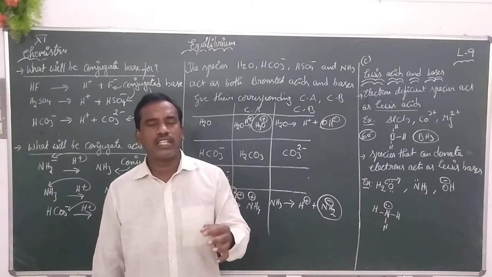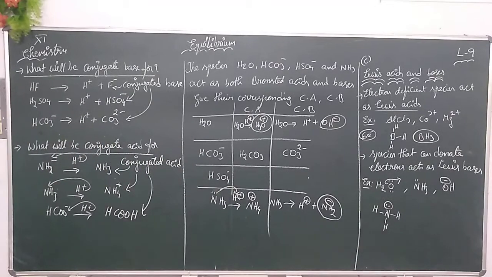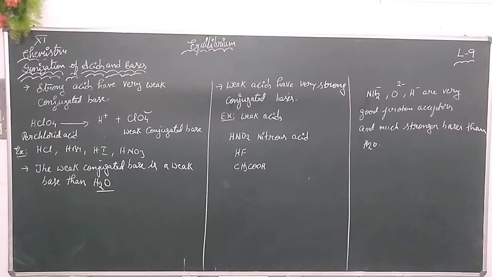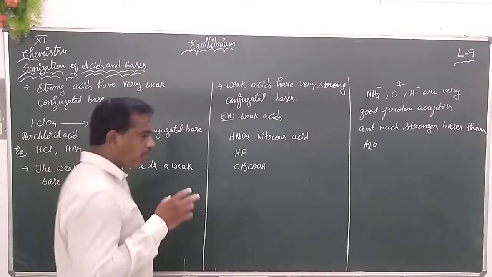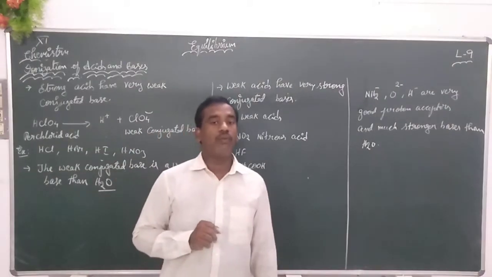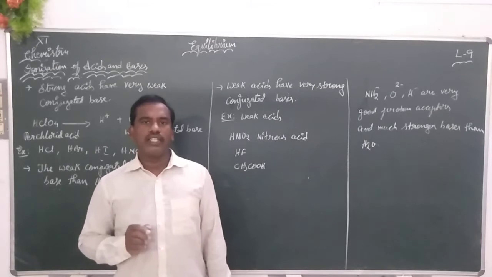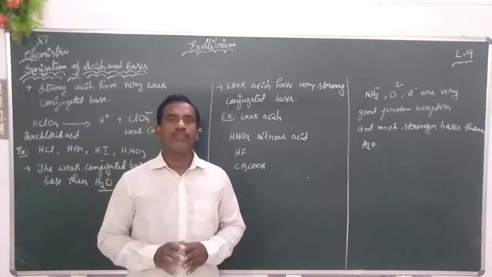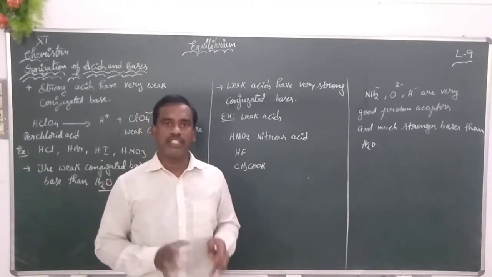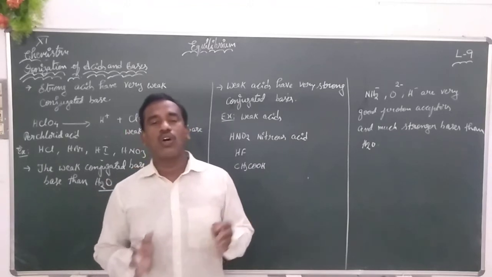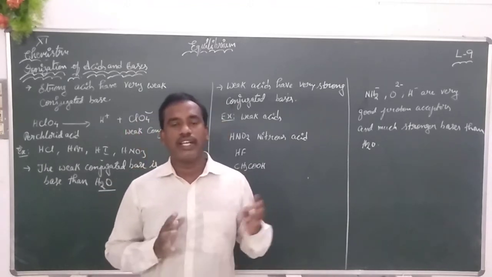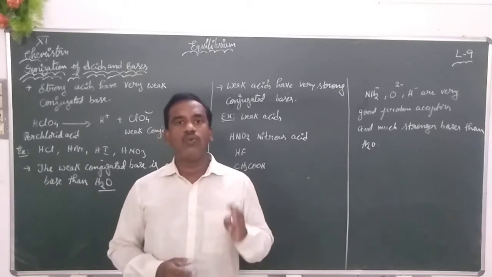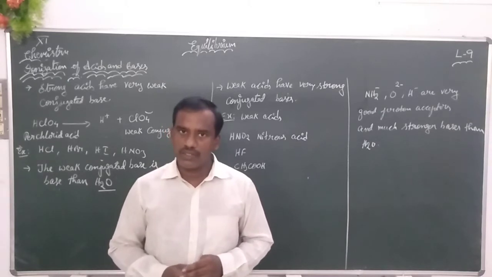Now we are switching to the next level of the concept. Please write down this topic, student. Yes, we are continuing our concept here. What is the nature of water? We want the concept first. Is it acidic or basic or neutral? We are going to compare the acidic strengths and basic strengths, the conjugate acid strength and the conjugate base strength, with water. By that we can conclude what the nature of water is.